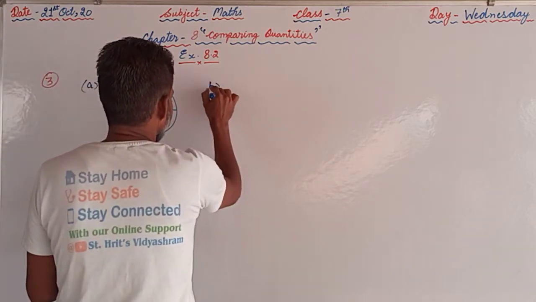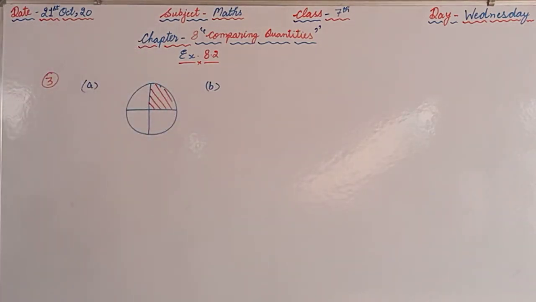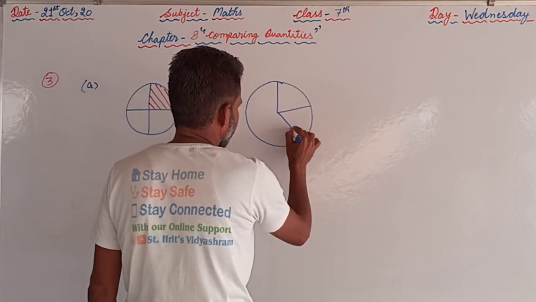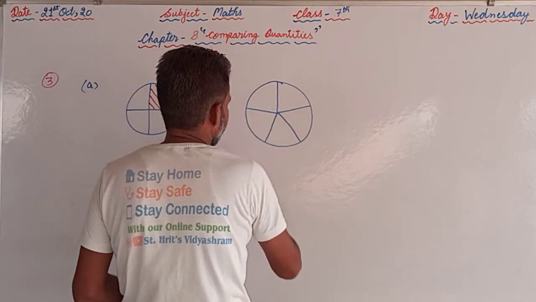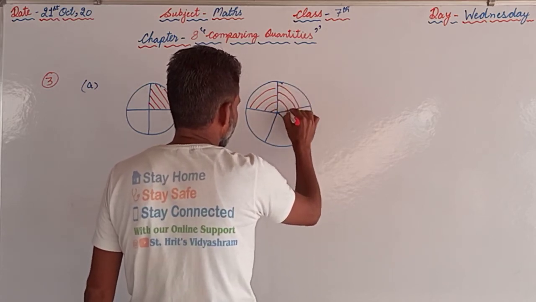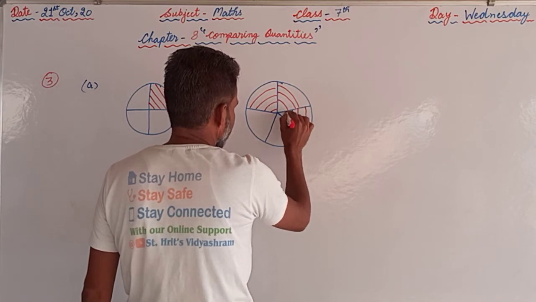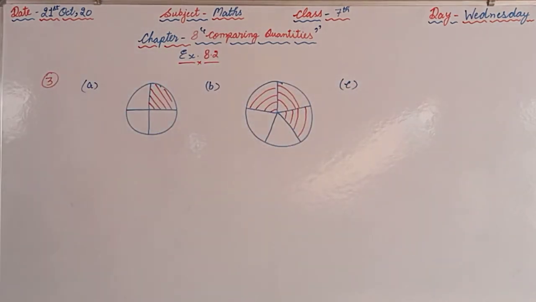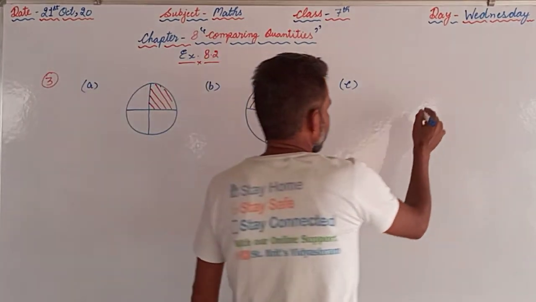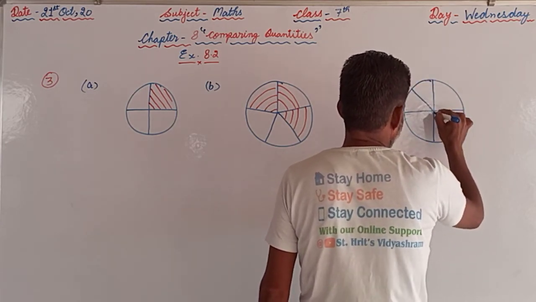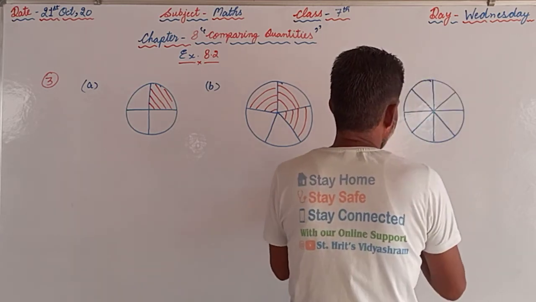And then B, in B, so in this, and then C, in C 8 parts are there. Out of 8 parts,